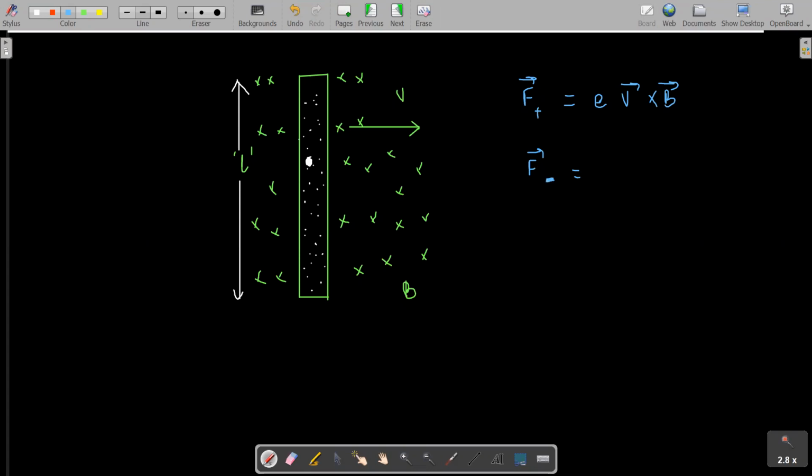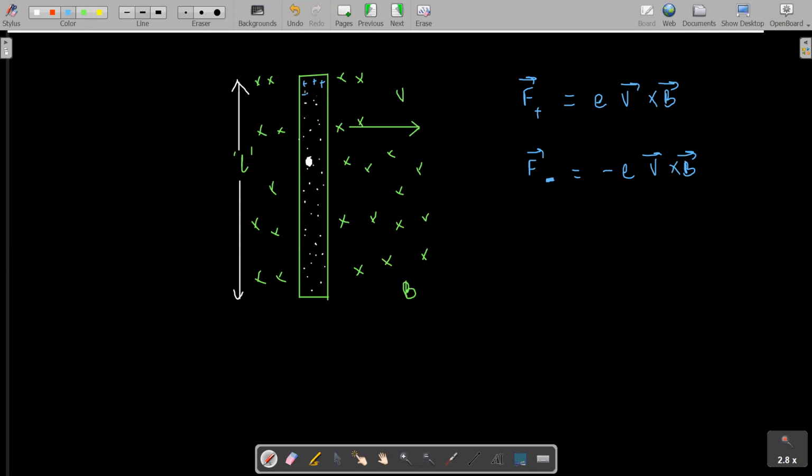So if I calculate the force on a negatively charged particle, what will you see? It will be equal to minus e into v cross B. Okay, so if inside there is a magnetic field and this velocity v is towards the right, what will be the direction of v cross B for a positive charge? It will be upwards, right? Because you can calculate: this is the direction of v and B is inside. By curling your fingers, you can find v cross B. The thumb will point upwards, which tells you that the force on a positive charge will be upward.